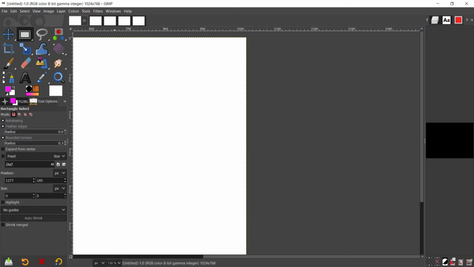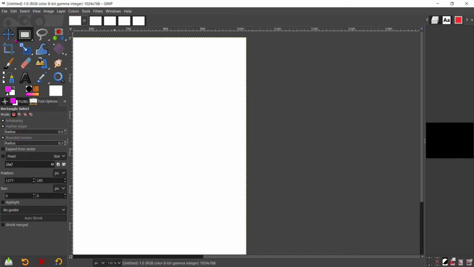We have these selection tools here. You just click here. You see here we have a small white triangle. If you click here, it will show more, because these tools have been grouped.